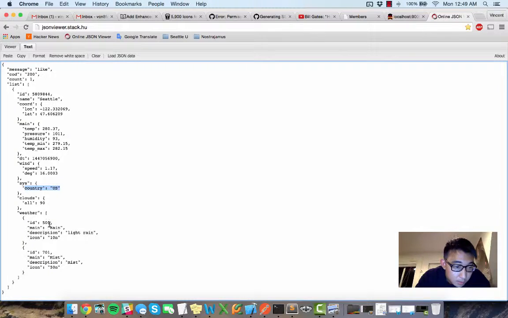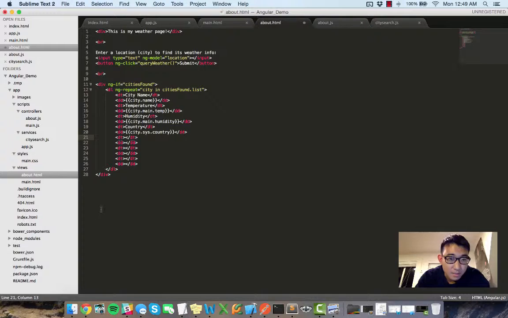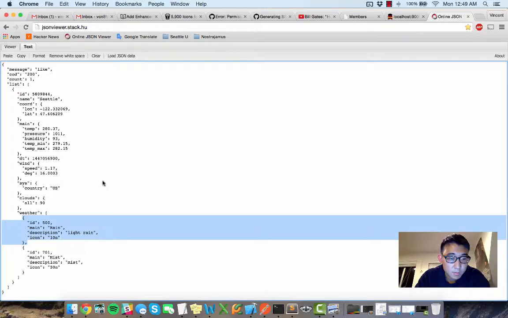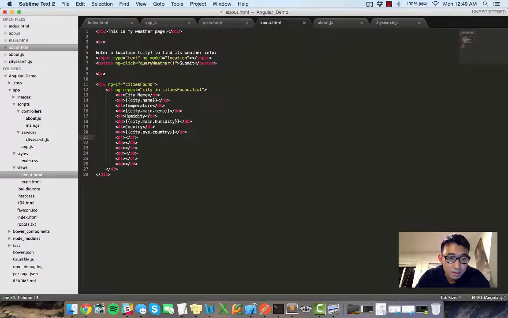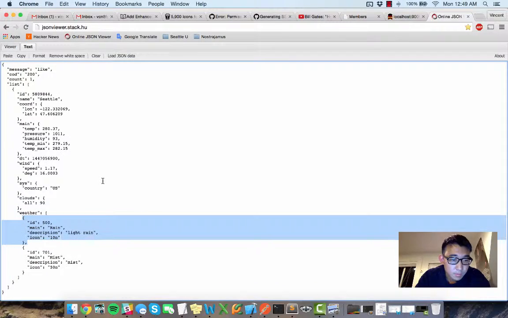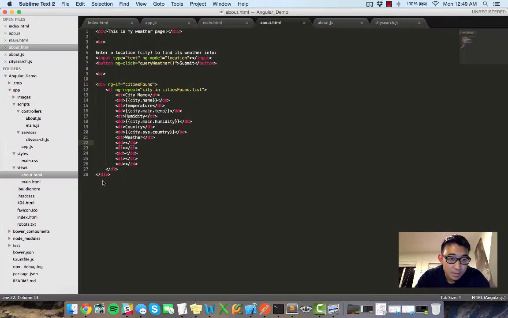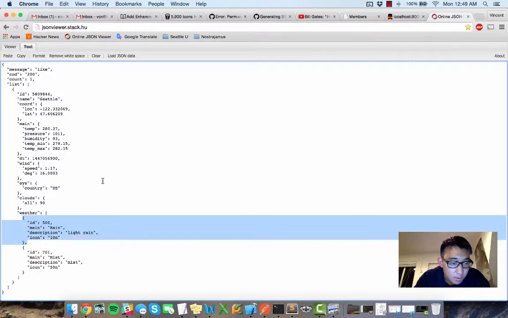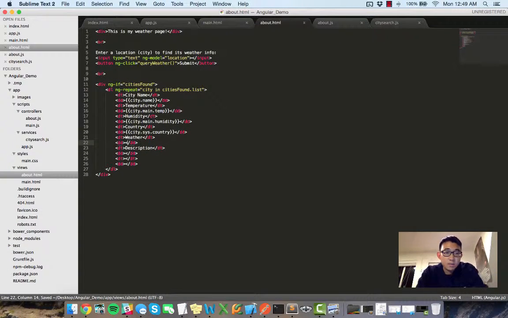Let's see. What do I want next? Let's just get the first element. So weather, it'll be rain. So to make it simple for us, I guess like weather and description. Right, weather and description. Okay, so weather, I'm going to say